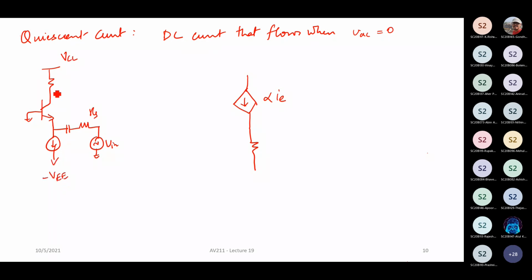You can analyze it for either bipolar or unipolar, it doesn't matter. The small signal equivalent circuit remains the same, right? So if you take the BJT alone, this is your collector terminal, right? This is your emitter terminal, and this value is RE, which is actually given by alpha by gm, correct? And this current source is alpha times IE, where IE is the current that is flowing like this, right? And then you have your base here. This is your base terminal.